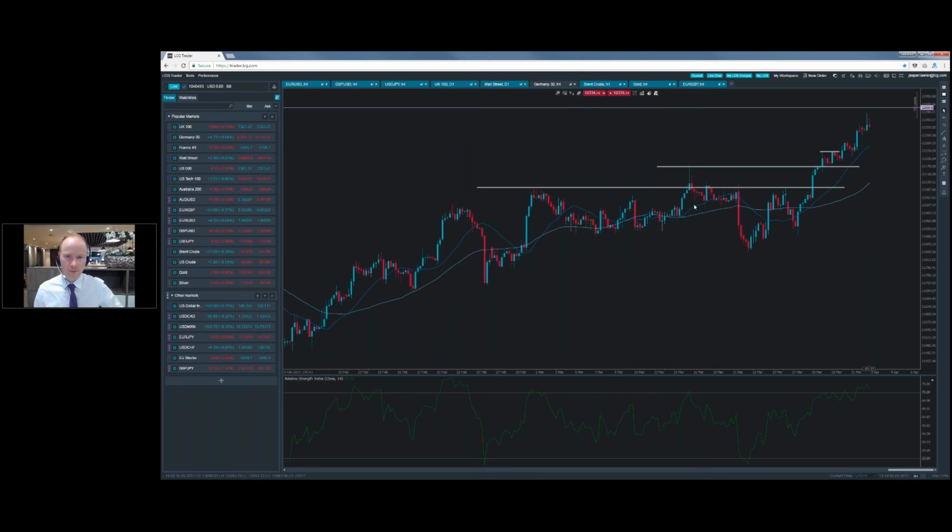Germany 30 has been one of the best performing markets. It's a good thing to do when you're trading the indices, particularly if you are trading even just the Germany 30, you can look at this chart and look at it relative to some of the other markets. And you say, it was during this little decline here, what was happening in the Germany 30.